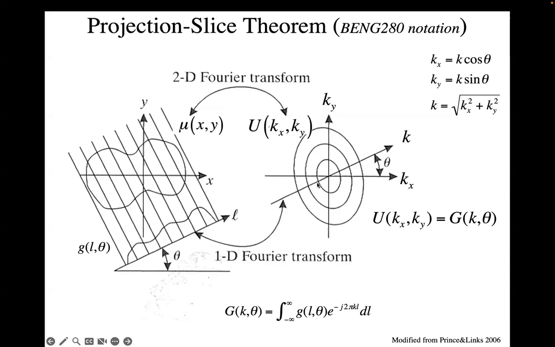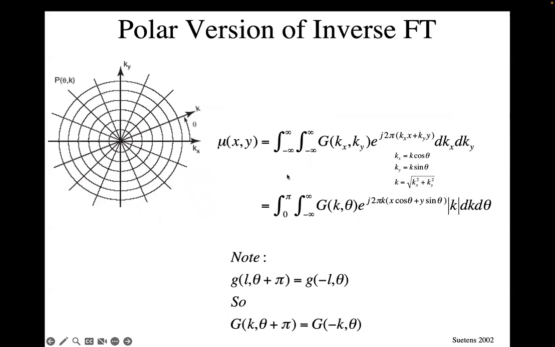And once that is understood, it becomes clear how we should do the reconstruction. We can't just project these back. We need to modify them. I won't go into it, but it turns out that when you look at what it means mathematically to take these samples, these radial samples in Fourier space of your image, and so if I have my image here, and this is my Fourier transform of the image,